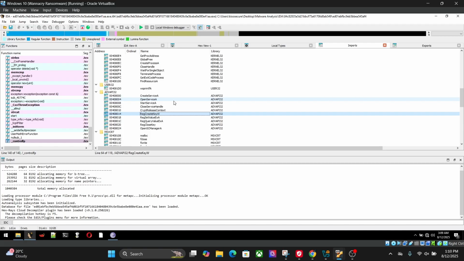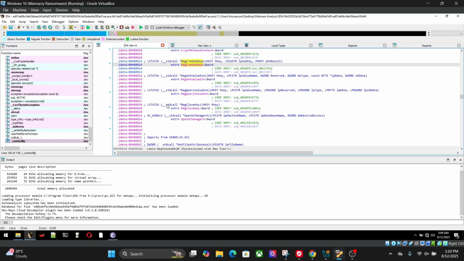If you remember from our previous analysis of the Emotet malware variant, the variant created and modified registry keys, maintained persistence, and also modified some of the system calls. So we're also seeing something similar to Emotet, and this variant is also trying to modify and create some of the registry keys. So we'll check this specific key,